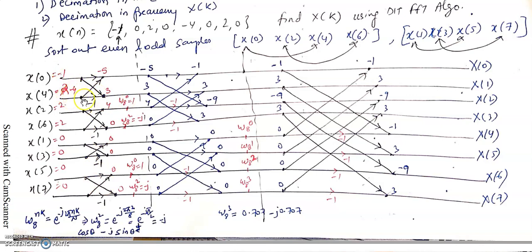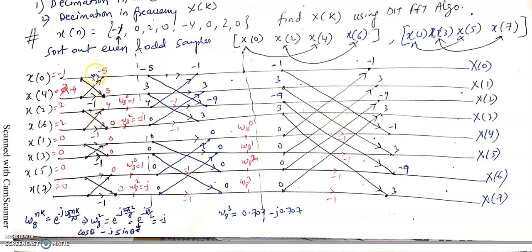You have to travel from this direction: -4 into -1 is 4, 4 minus 1 is 3. In this way, you calculate the value that will come at this node. Similarly, 2 plus 2 is 4, and similarly for -1: whatever is on an arrow we multiply, so 2 into -1 is -2, and 2 plus -2 is 0.